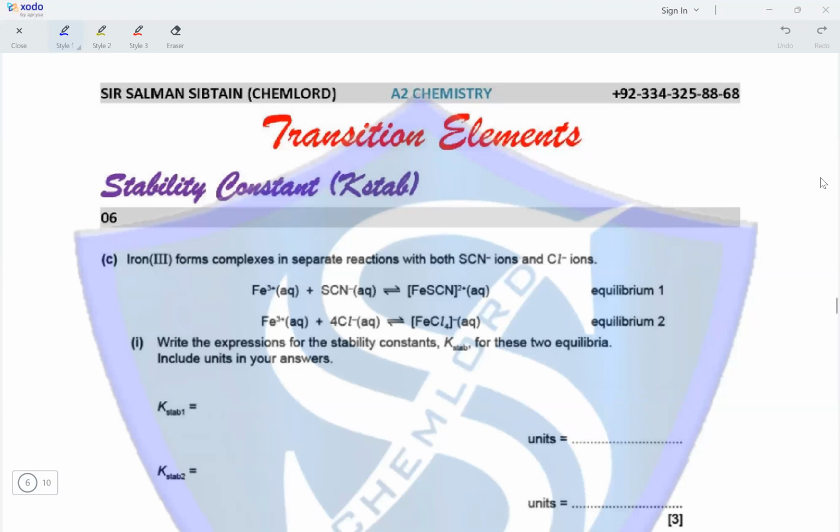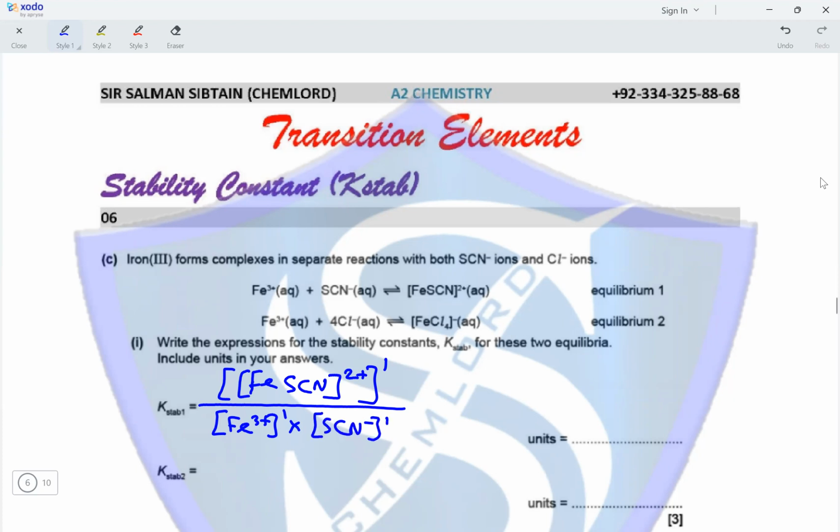Question 6. Iron(III) forms complexes in separate reaction with both SCN- and Cl- ions. So the equilibria are shown. Write the expression for the stability constant for these two equilibria. Include units in your answers. So for the first one, it would be [FeSCN]2+ concentration raised to the power of 1 divided by concentration of Fe3+ raised to the power of 1 multiplied by concentration of SCN- raised to the power